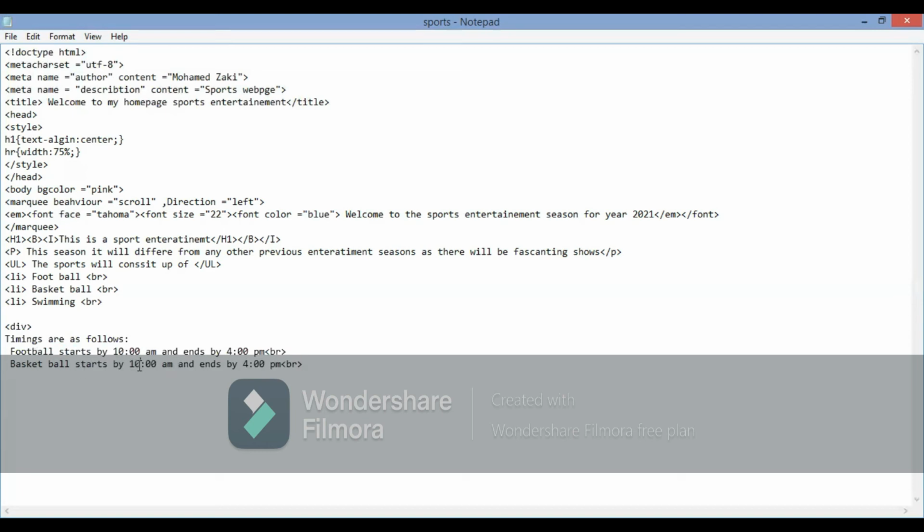Starts by 11 and 4, and then swimming finishes by 5 p.m. Close the div, close the body, close the HTML tag,